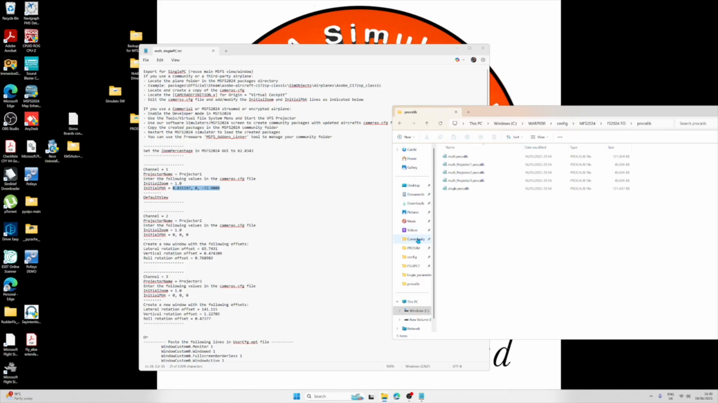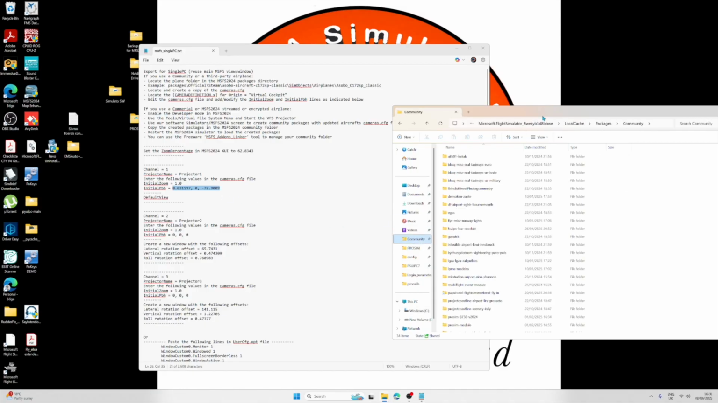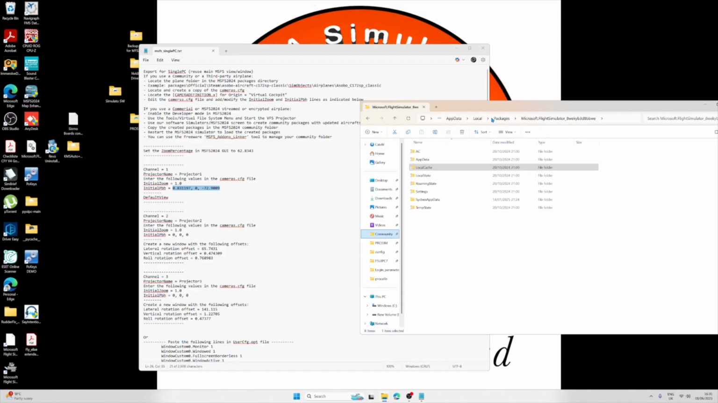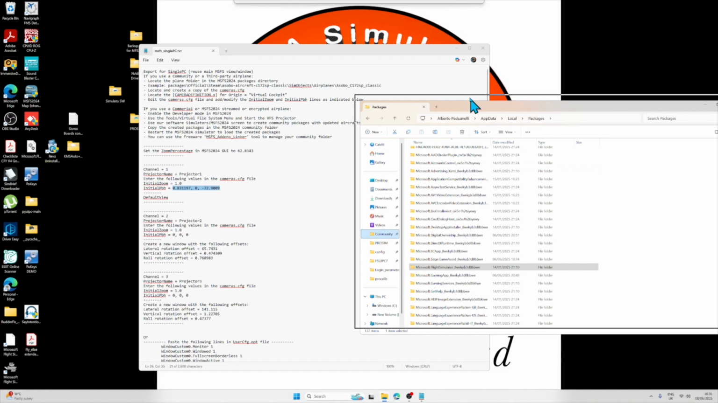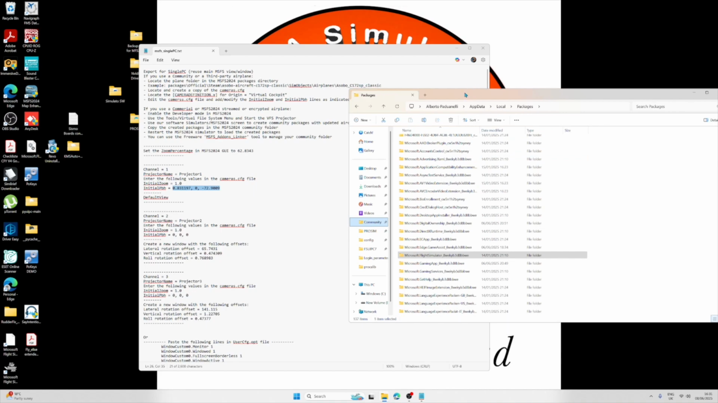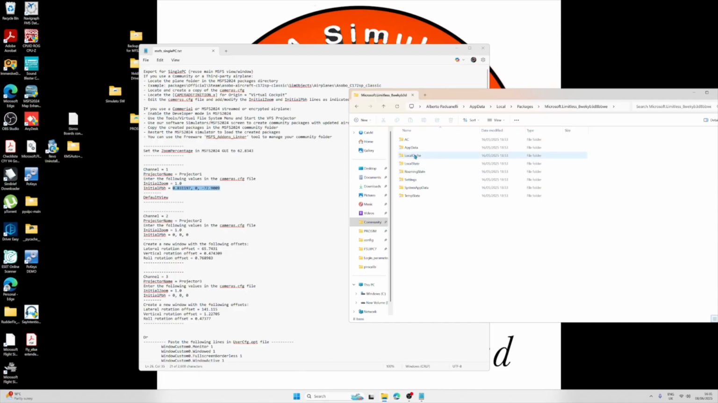So let's go to where we found the ProSim 737, and we need to change the camera config. Starting from where Microsoft Flight Simulator 2020 is, which is this one, the 2024 is actually called Limitless, and it's this one here. Okay, so 2020 is this, 2024 is this. So we go there, we go to local cache,